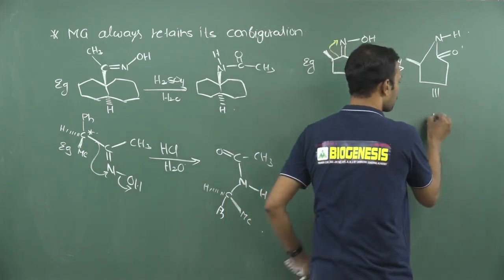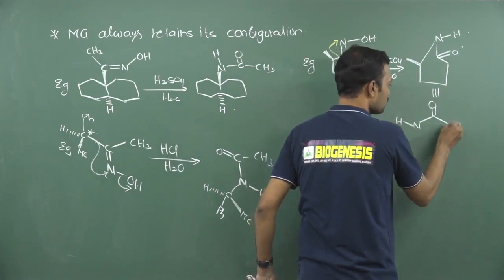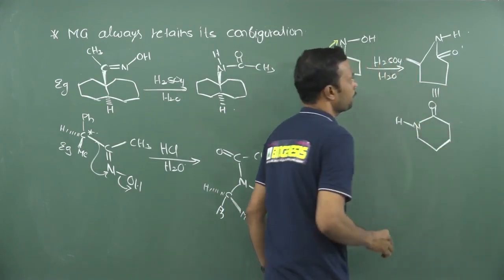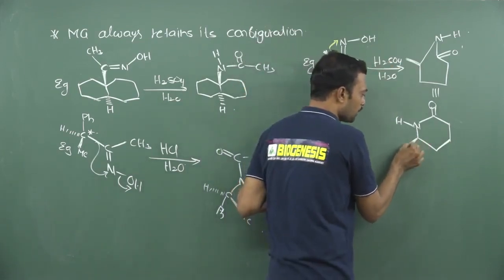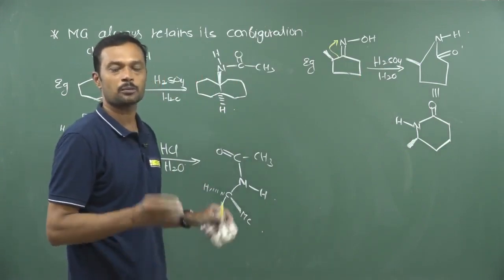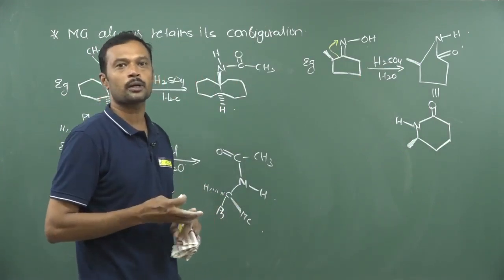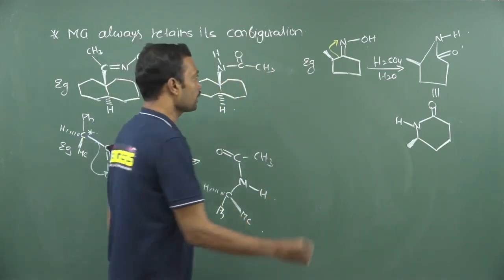So can I write this product here? Now I am writing C double bond O. Here it is nitrogen, hydrogen, and C. This is a 6 member ring. Okay. Adjacent to nitrogen, there is a methyl group present. It is completely above the plane. That is the answer. You can expect a lactam preparation. Lactones are effectively prepared in Baeyer-Villiger, but lactams can be prepared only in Beckmann rearrangement.